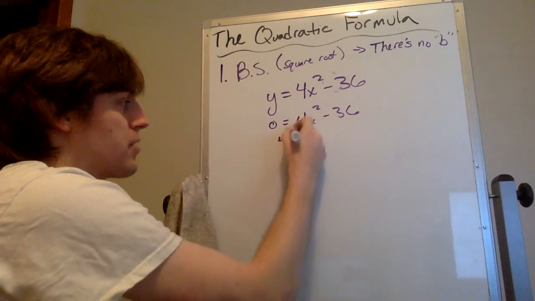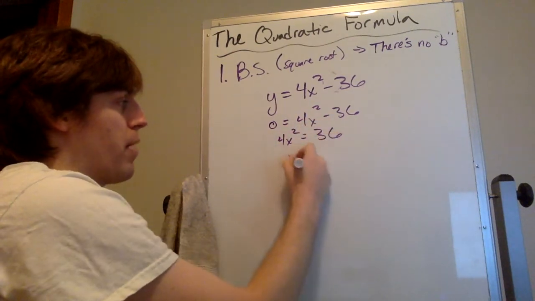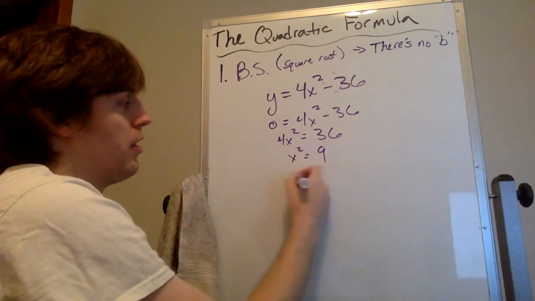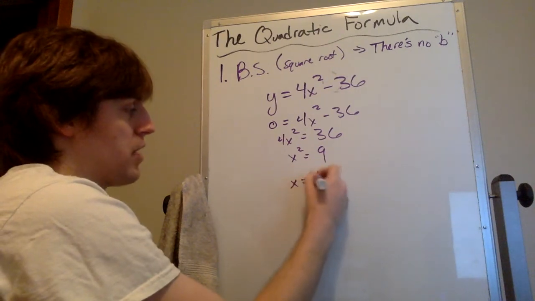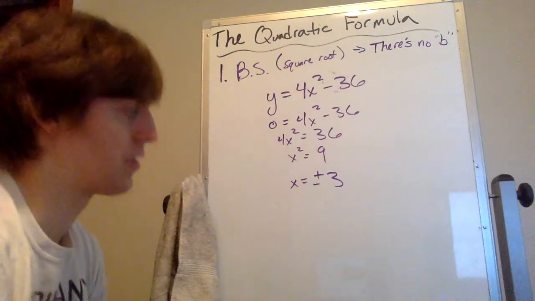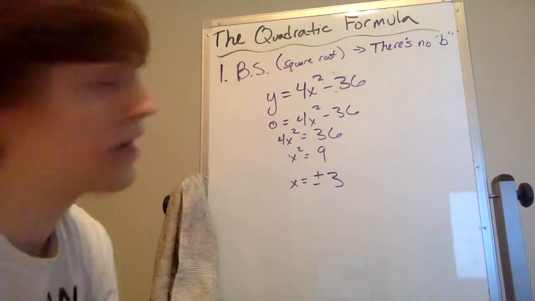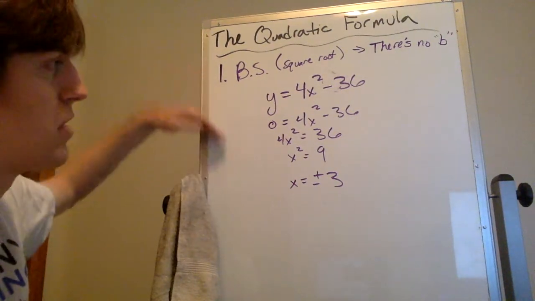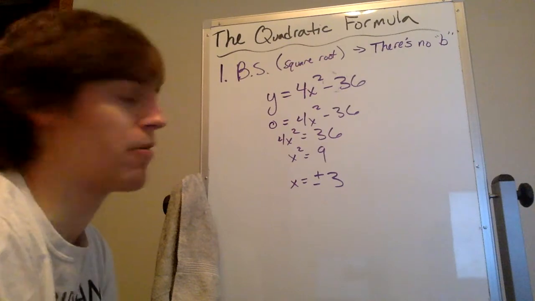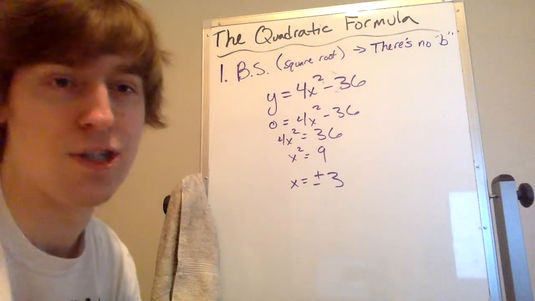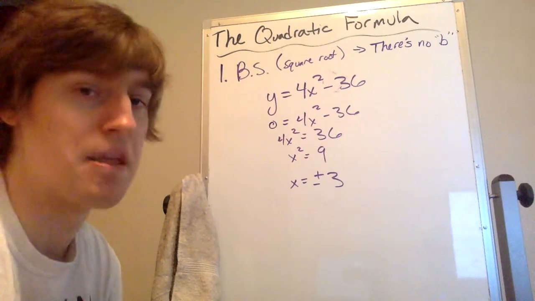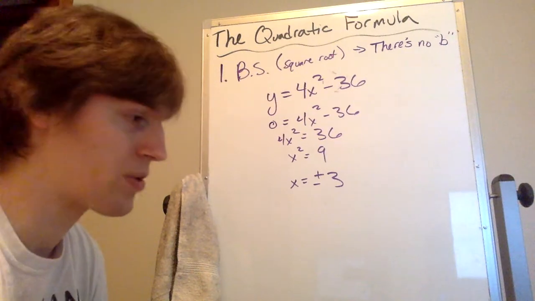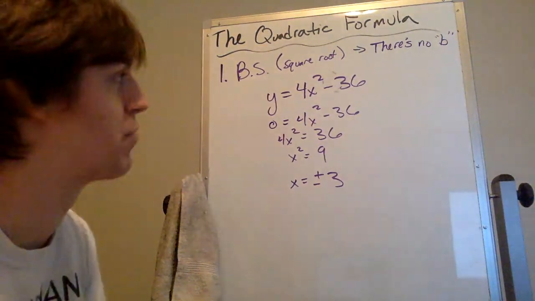Okay, so 4x squared equals 36, divided by 4, and then x equals plus or minus 3. Okay, so that's one way to do it. This is the easiest way to solve quadratic equations, but it really doesn't work that often. It's a shortcut. It's the best way, but it only works with a very small amount of problems because